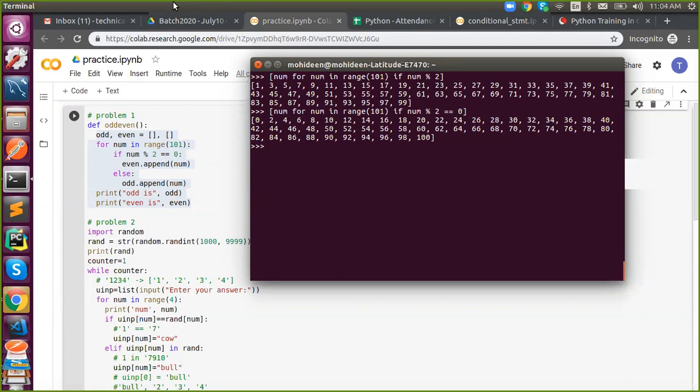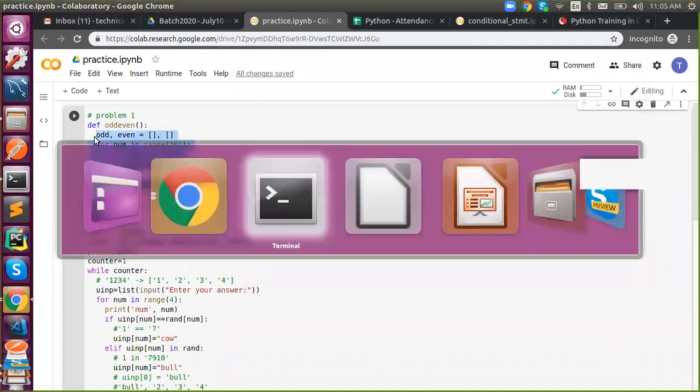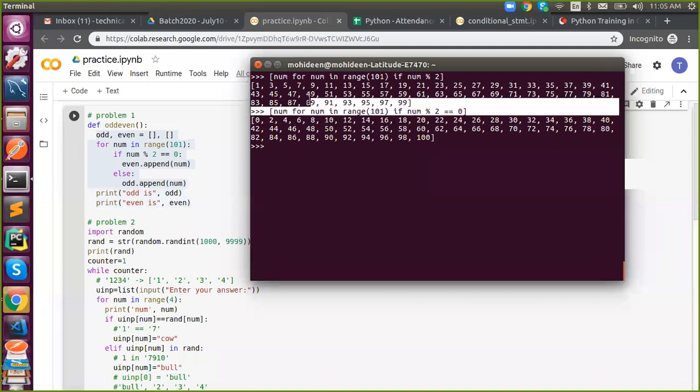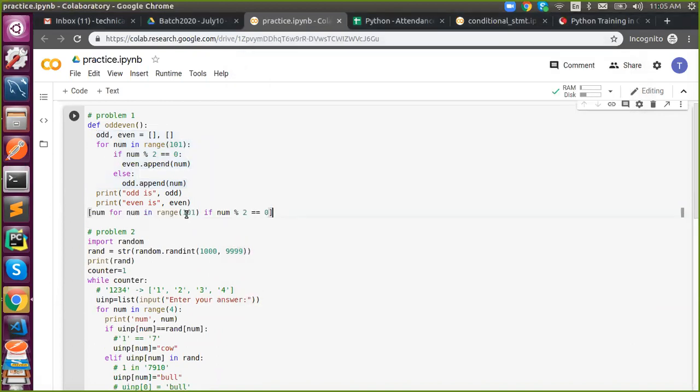Got it? Does it look simple? These six lines became a single line. Is it simple?